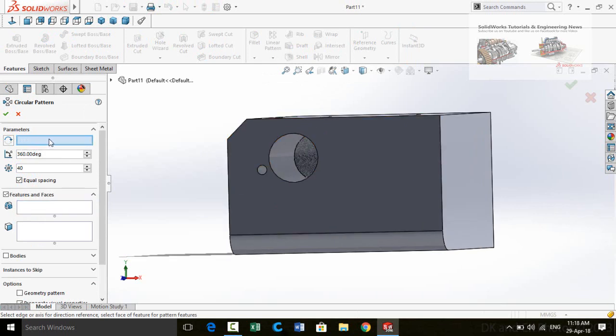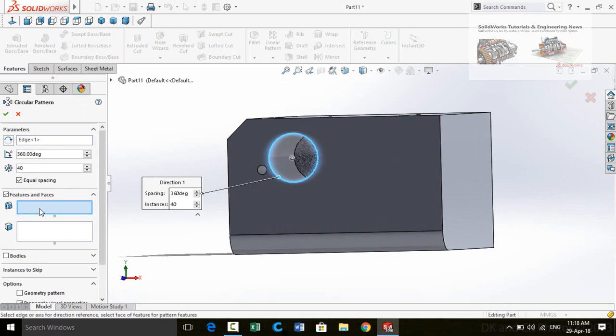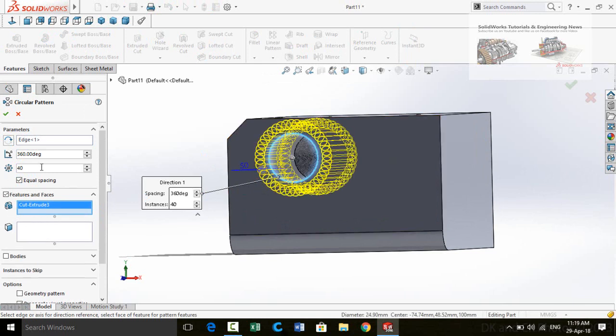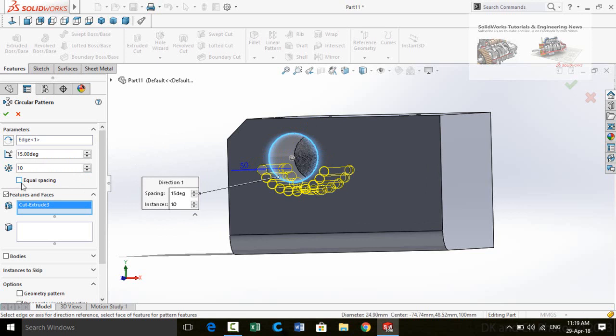Click on this box Pattern Axis and then select this circular edge. Now click on this box Features and Faces and then select this hole. Here is the quantity. You can add your own quantity. If you uncheck this box equal spacing, then see what happens.